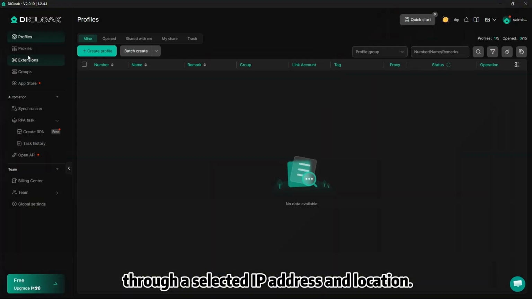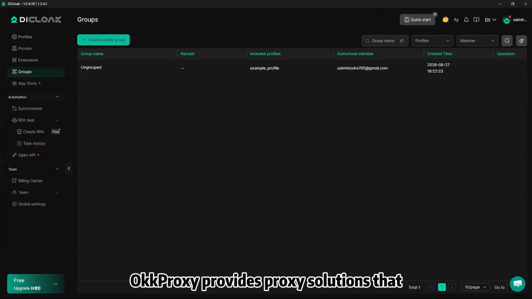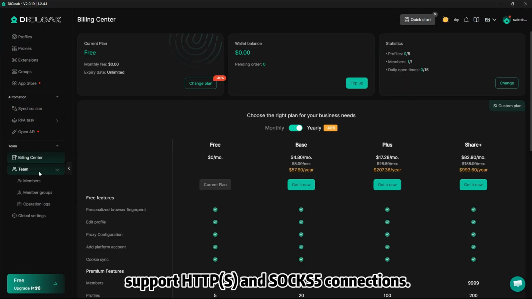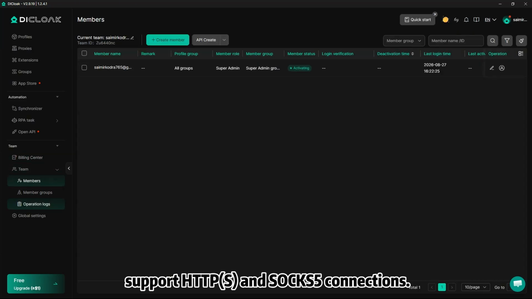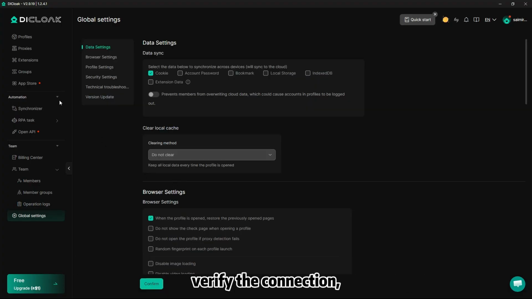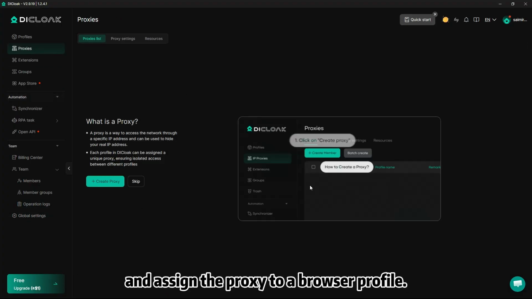and location. OkkProxy provides proxy solutions that can be used with DICloak, including residential and other proxy types that support HTTPS and SOCKS 5 connections. This guide explains how to connect an OkkProxy proxy to DICloak, verify the connection, and assign the proxy to a